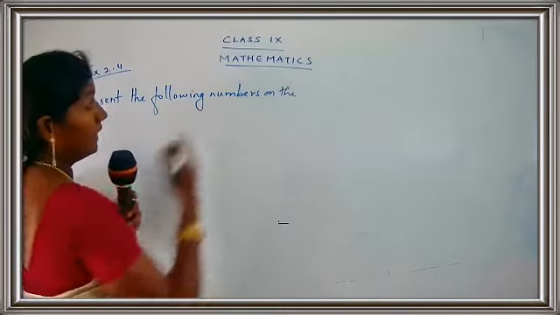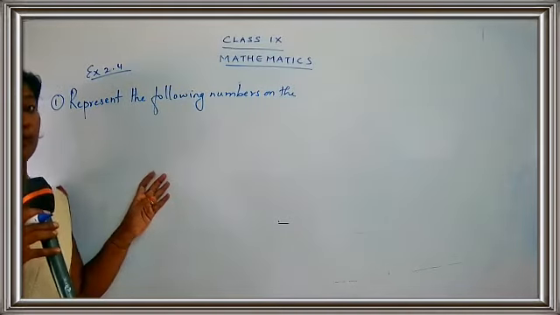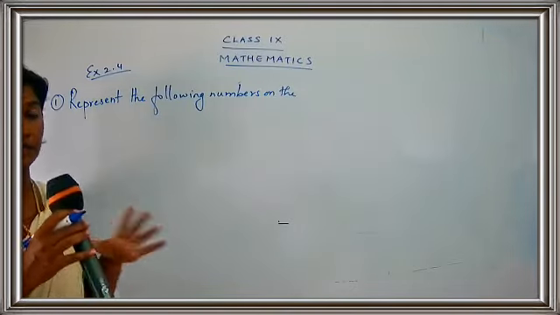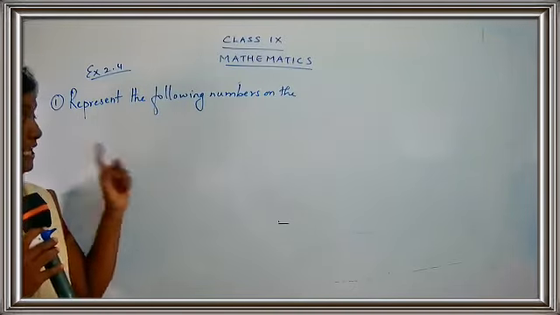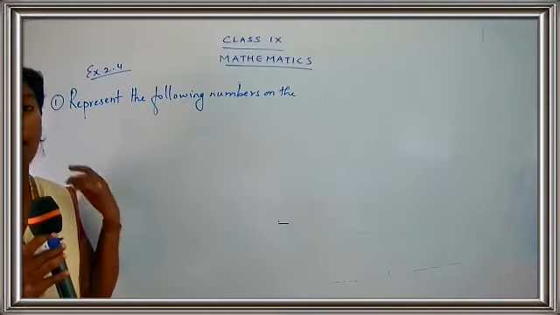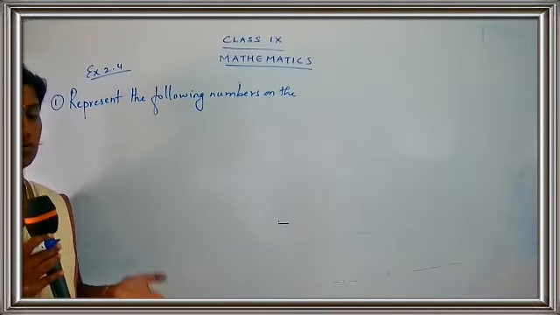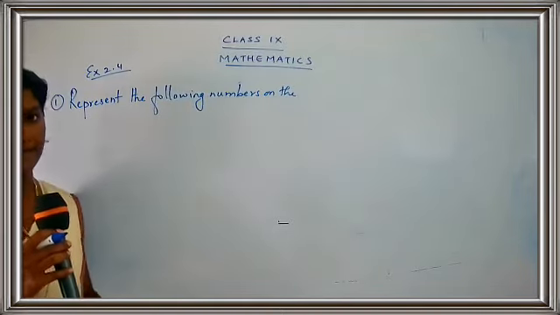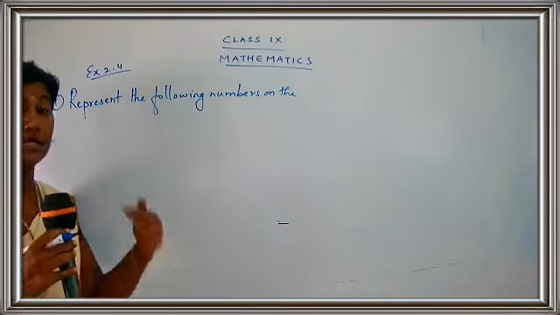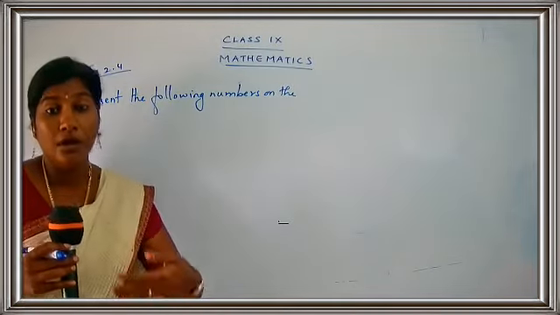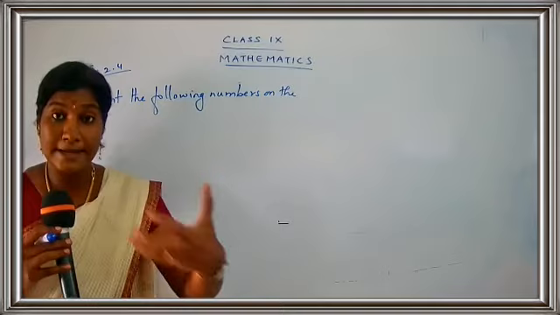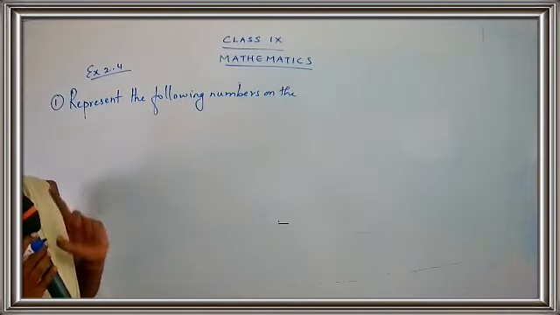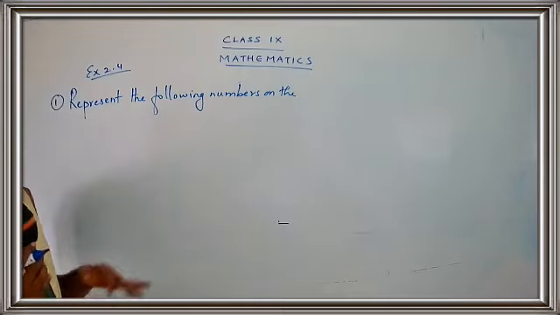on the number line. Again, for this sum, I want you to use a new paper. No one is going to use a half sheet or a quarter sheet. No one. No three-fourths, nothing. You have to use a new page for the sum. For each and every sum here, we have totally 3 sums, and I'll be giving you some sums for homework also. So you people have to use a new page for each sum. It will be a step-by-step sum because you're going to do successive magnification. Successive magnification means you are going to magnify step by step. So we have to use a single new page for each sum.